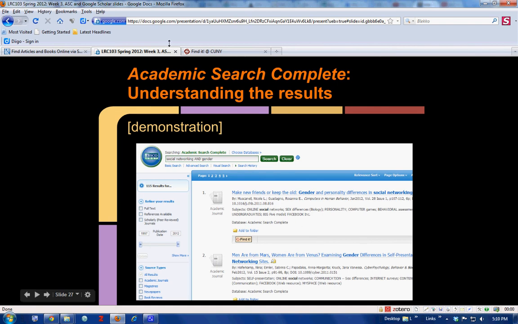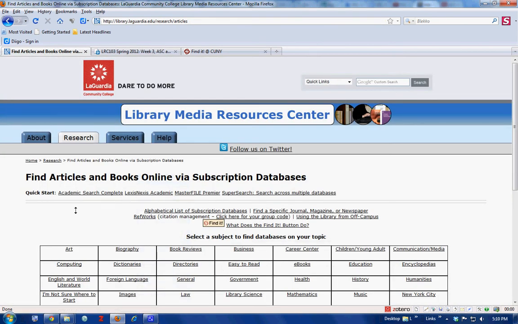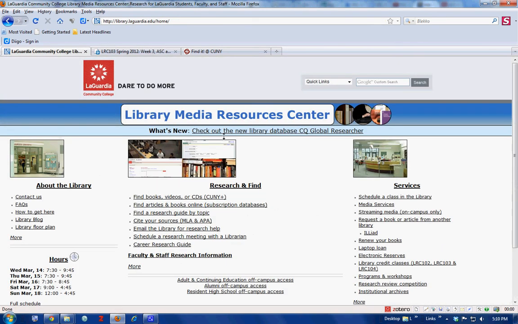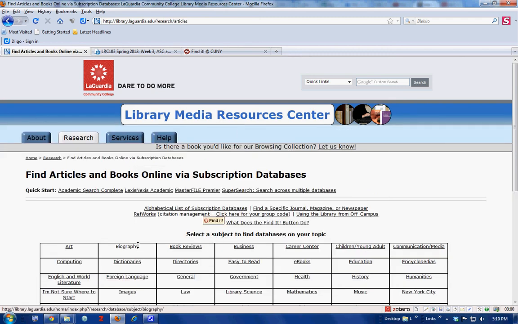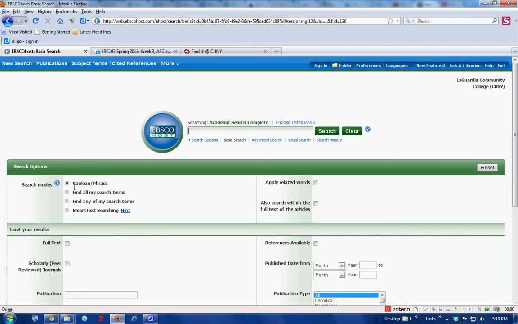So I'm going to do a sample search in Academic Search Complete just to get your feet wet with using it. So you go to the library's homepage, you click on Find Articles and Books Online to bring up the databases page, and we've got them all sorted by subject, because if you go to the alphabetical list of databases, you'll see there's a long list of databases we subscribe to. Click on Academic Search Complete for this test, and as you see, the default is set to a Boolean phrase